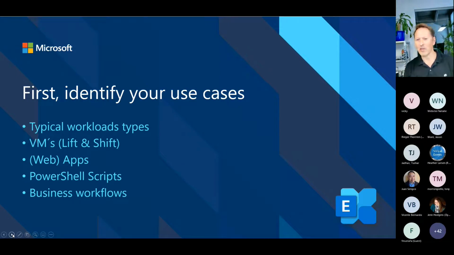When talking about automation, we have various technical services we can use. We need to identify what kind of solution I need, or what kind of technology fits the business case I want to solve. Typical workloads, for example, are PowerShell scripts. I want to create a new team, for example, and I have a business process which accomplishes that request from a user, eventually with an approval process behind.